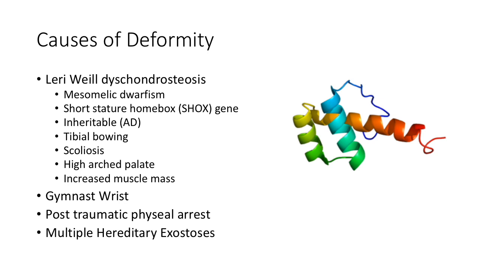Now, the other things that can look very similar is a gymnast wrist. Whereas Léri-Weill dyschondrosteosis will have a Vicker's ligament, a gymnast wrist will not. It's just a physeal arrest of the volar ulnar corner of the distal radius. You can also have post-traumatic physeal arrest that can look very similar, and you can have multiple hereditary exostoses, which